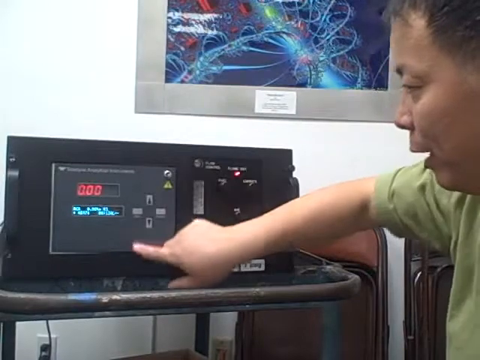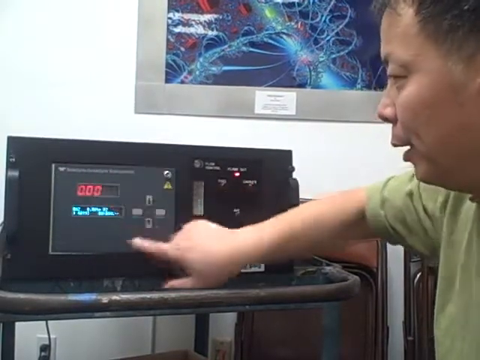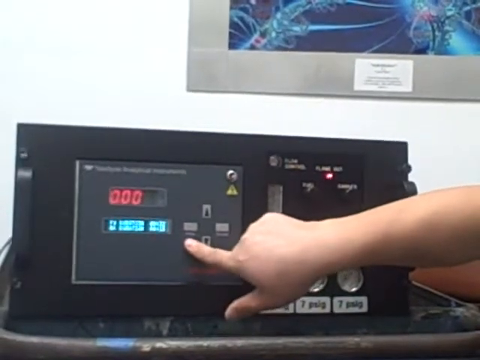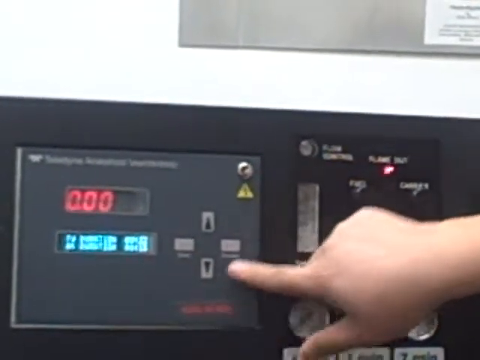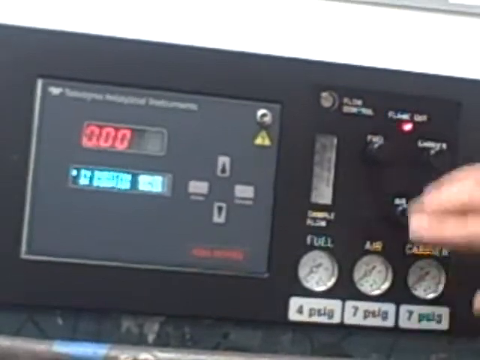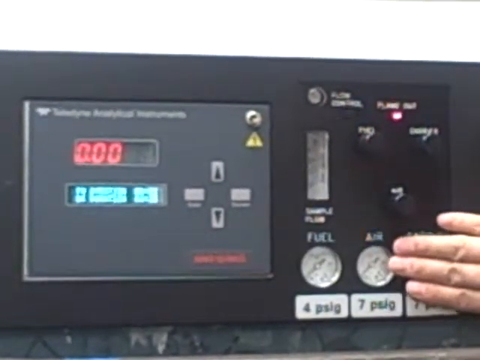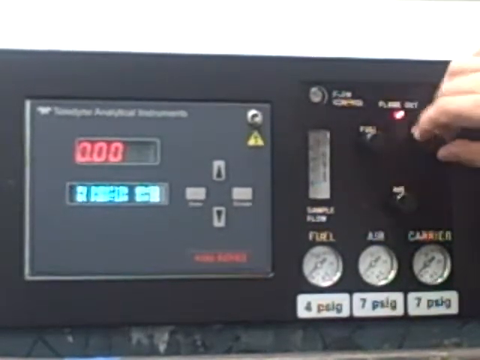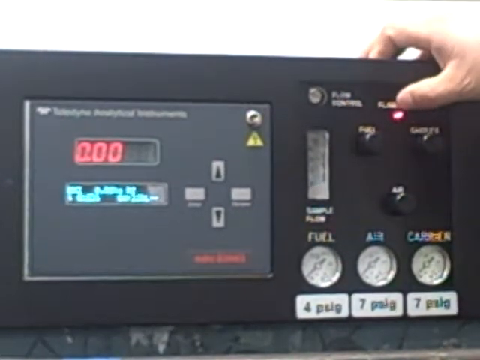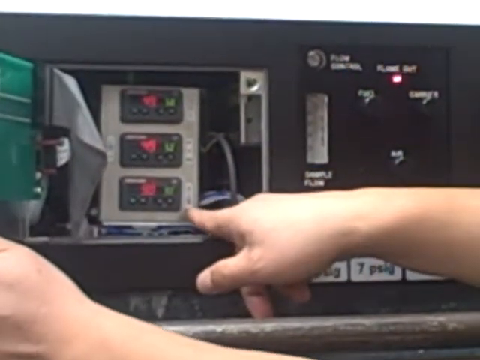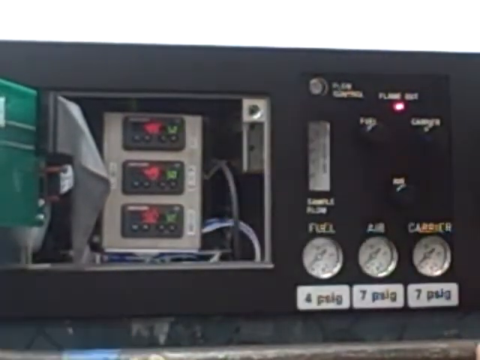In the front panel, you have the panel operation here, and give you the internal settings. If you press the enter button, the enter button serves the purpose of save or go to next level. Escape is the back one level up or cancel the change you just made. It's up or down, change the settings. Okay. Here is the gas handling, pressure, flow rate, and the adjustment of the pressure. And here is the FID flame out. And if you open the door by press a pin here, you see the column, FID in the sample temperature